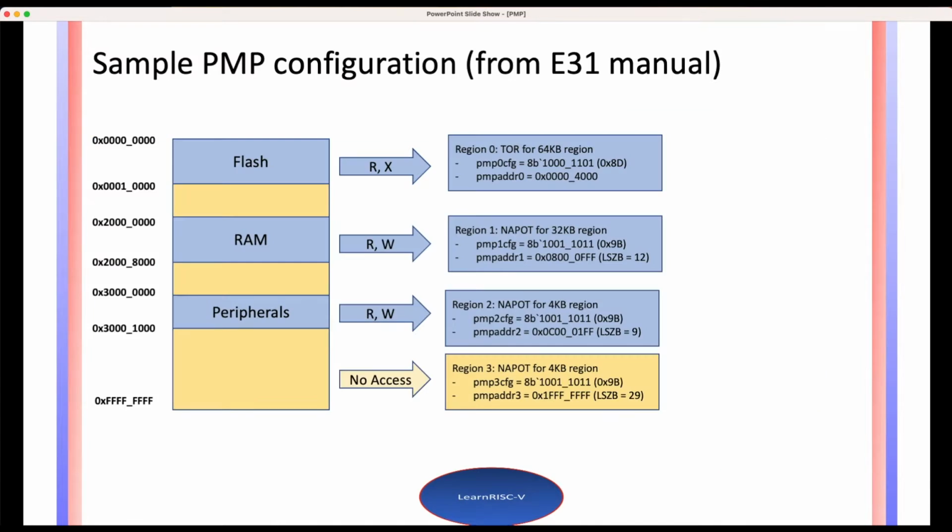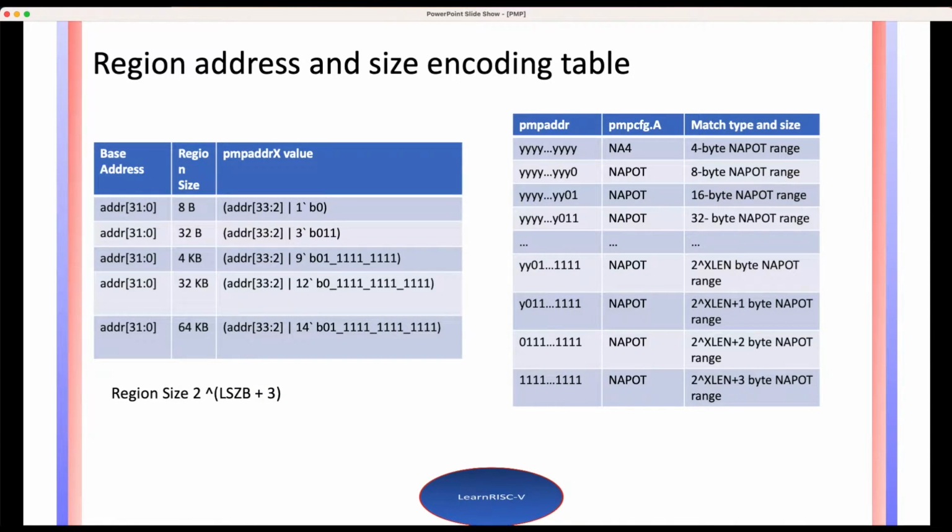so if you wonder, there is one register for address and there is another register to give the permissions, but there is no register to mention the size of the region. So that's why this is so good, that it reduces the register count by 1 by encoding the size of the region in the address register itself. So